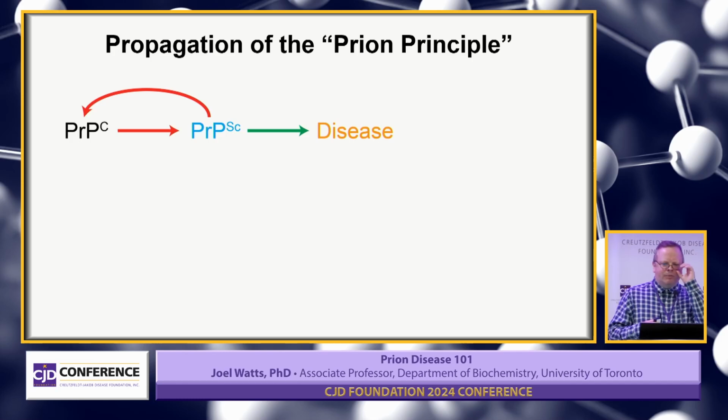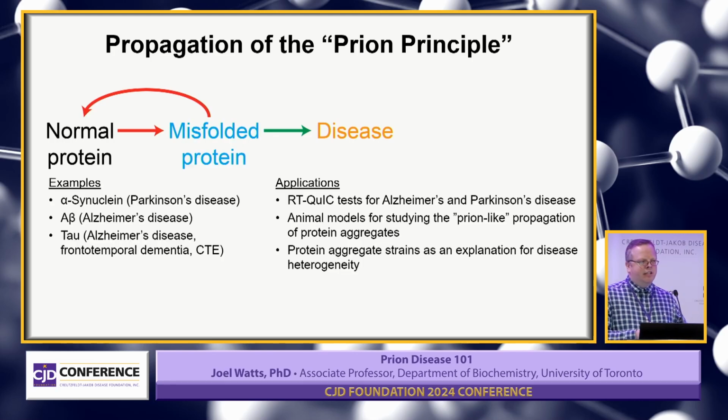So lastly, just returning once again to the prion principle, it is now recognized that this can be generalized to apply to most, if not all, neurodegenerative diseases. Instead of PrPC going to PrPSC, you have some normal protein or peptide being converted into a misfolded version that then self-assembles, aggregates, deposits in the brain, and causes problems. And it's now been shown that just like prions, proteins like A-beta in Alzheimer's disease, tau in Alzheimer's disease, and alpha-synuclein in Parkinson's disease